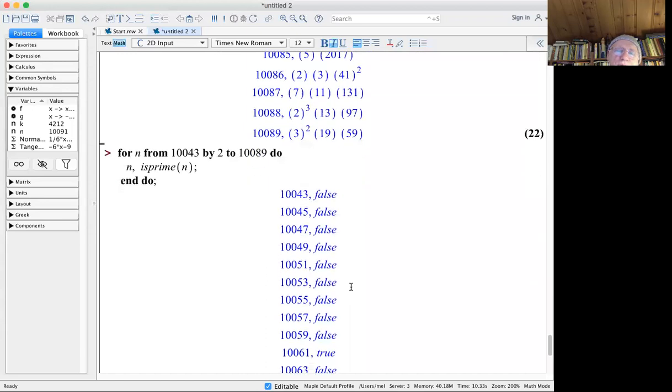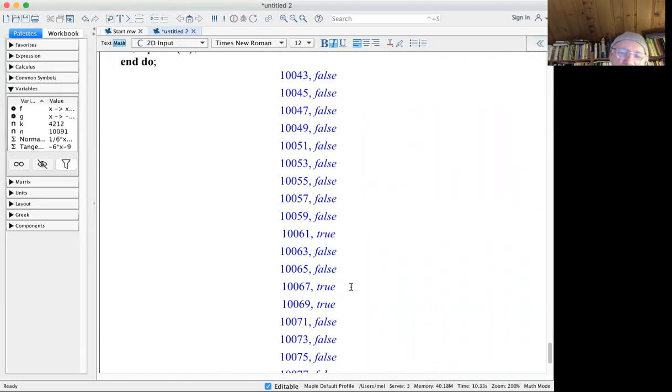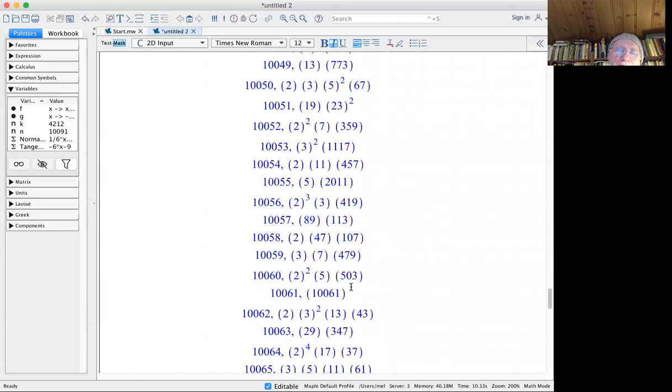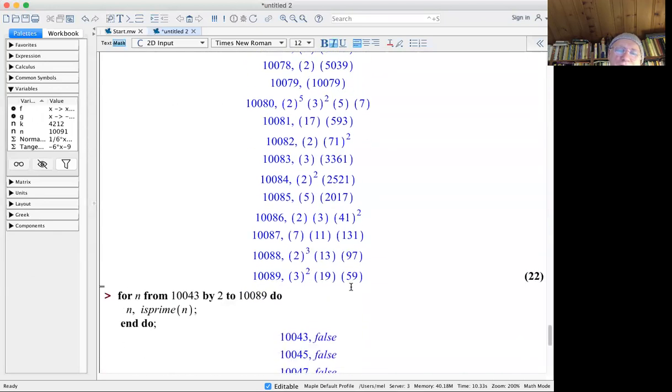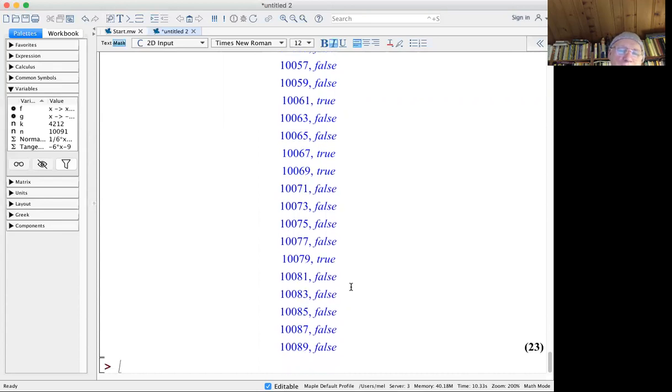So now this is interesting because I have to look at every single number to find the ones that are prime. And I don't want to have to do that. I would just like to write a little computer program in Maple that tells me which numbers are prime. So for that,